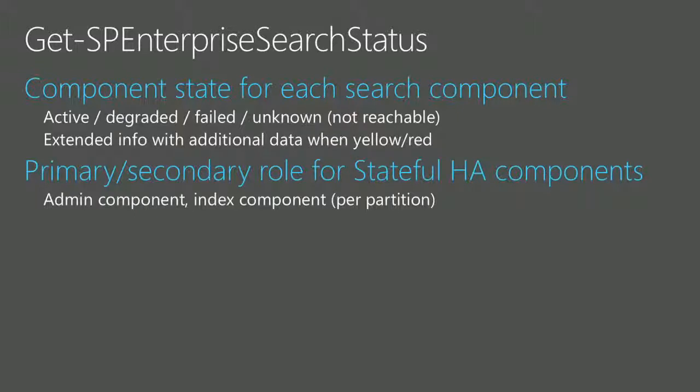So the Get Enterprise Search Status I was just talking about. This gives you the component state for basically the search components. It gives you a little bit more information than that pretty little picture in the UI, including active, degraded, and failed items. You get a little bit more about the indexer nodes as well as the primary and secondary roles for the